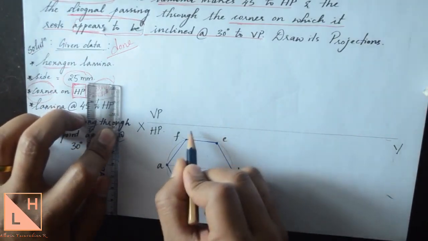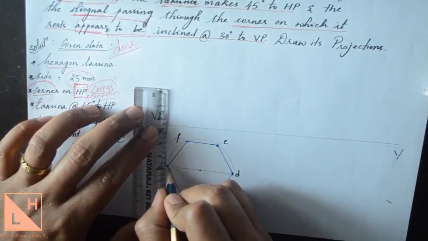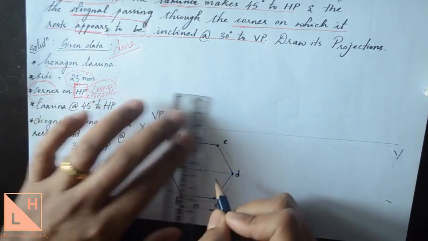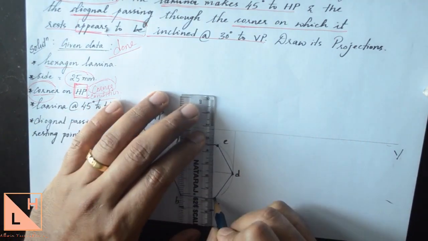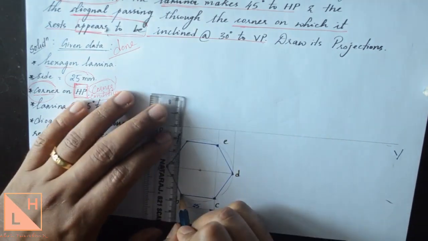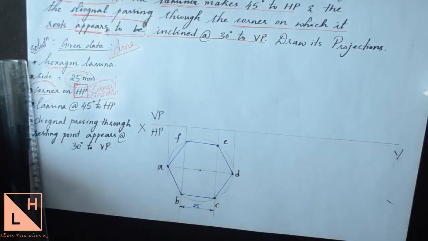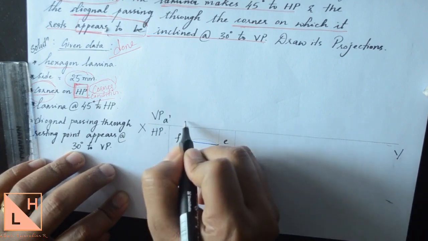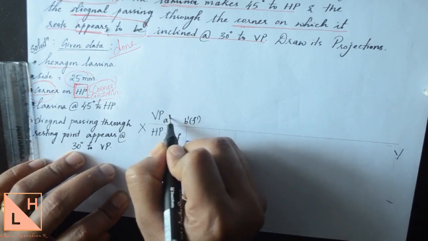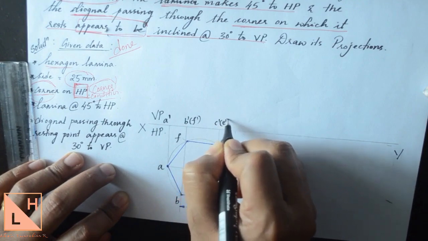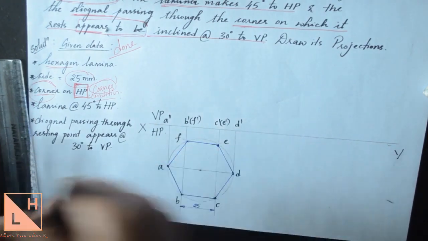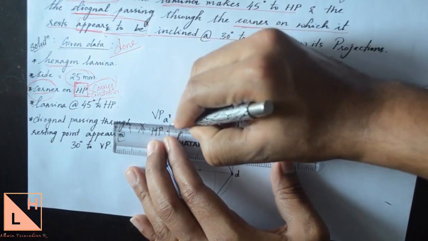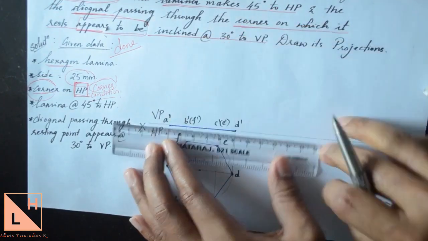Now to generate the front view in the first position, you just need to draw projection lines from every corner. Make sure the line is perfectly vertical. Draw these vertical lines from every corner. So exactly above the points you'll get the front view. Above A you'll get A dash. Similarly B dash and F dash in bracket because F dash will be hidden. Similarly C, E and D dash. Now darken this line from A dash to D dash as it represents the front view of the plane.